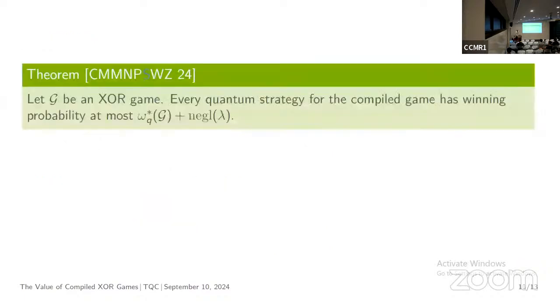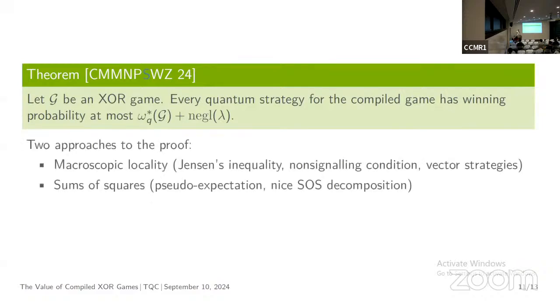Okay, so what's our result? As I said, we take some XOR game, and then we can show that every quantum strategy for the compiled game has winning probability at most the quantum value of the game plus some negligible function. We actually have two approaches to the proof. And the important thing is really that we have this vector strategy bound,